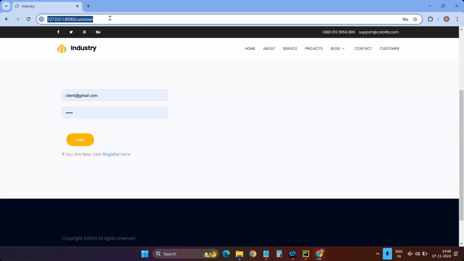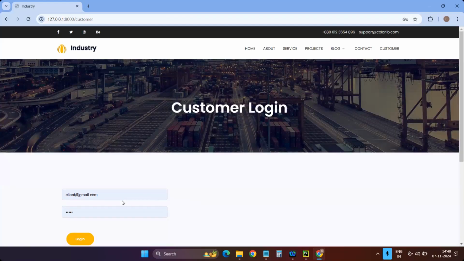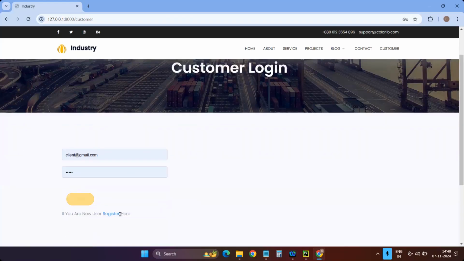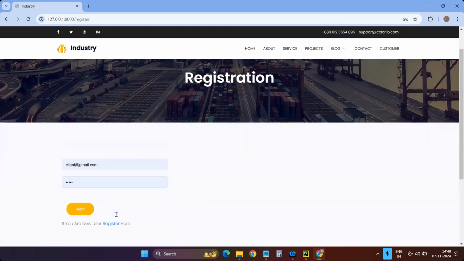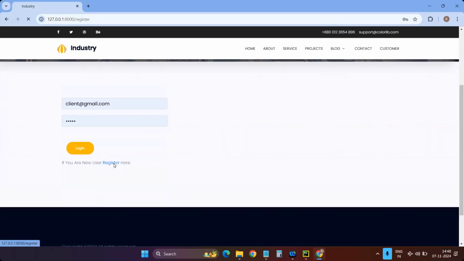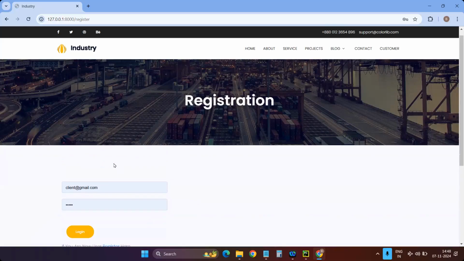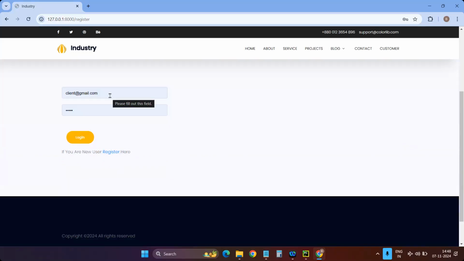I'll refresh it once. If I click on register, it went to the registration page, but here we have taken only 2 fields,